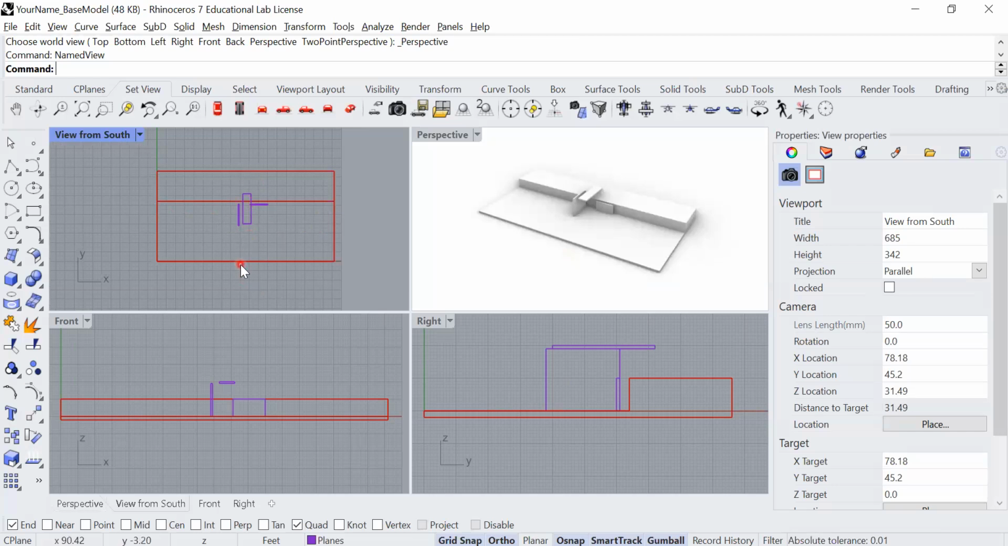Now, if you recall, when we're working with one-point perspectives, the camera view, the line of sight, needs to be perpendicular to the dominant planes of the view. So we're going to use coordinate points to establish where these cameras are to ensure that we have true one-point perspectives. Okay, so first thing you want to do is click in the perspective view